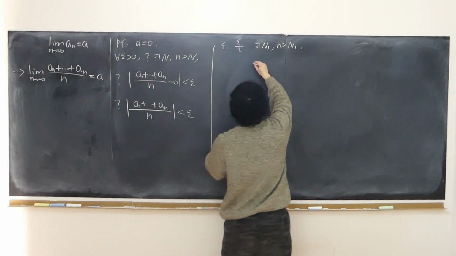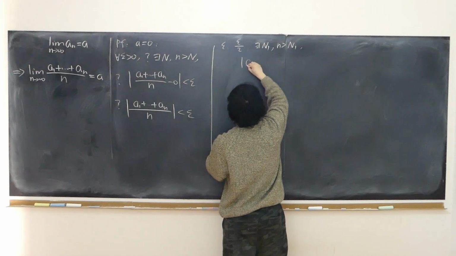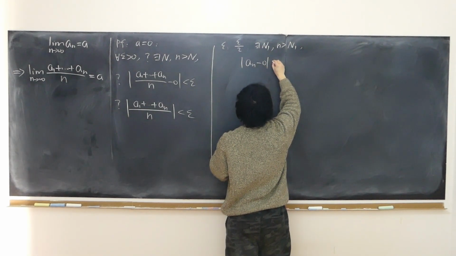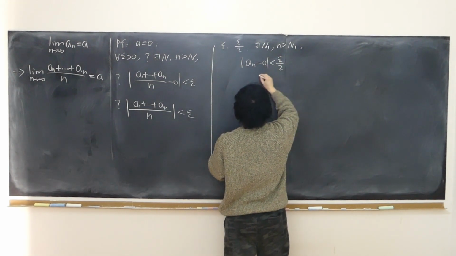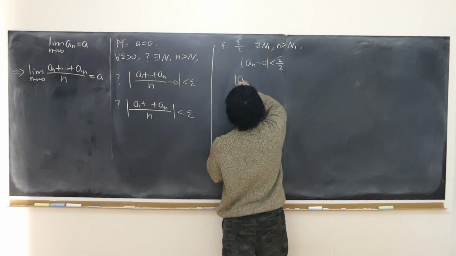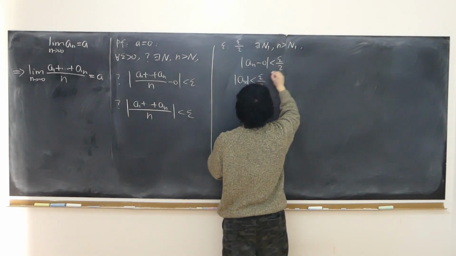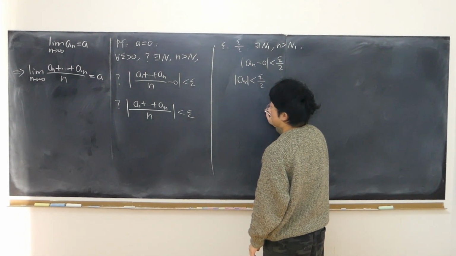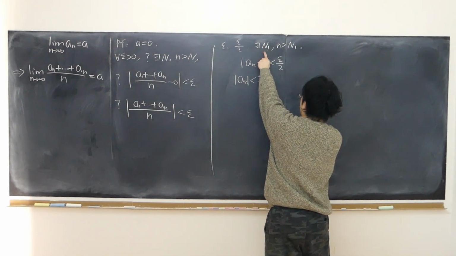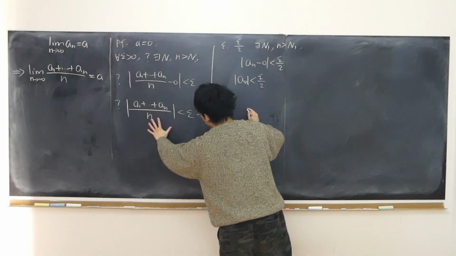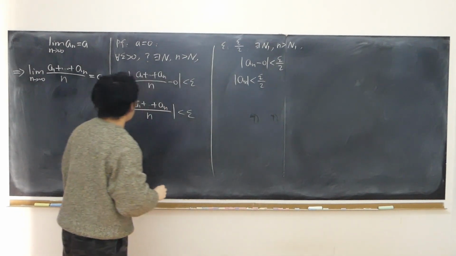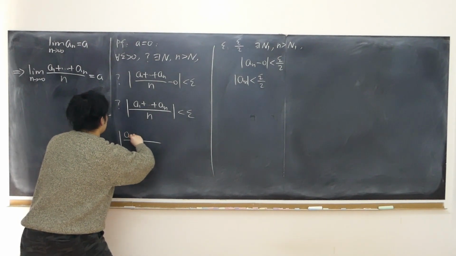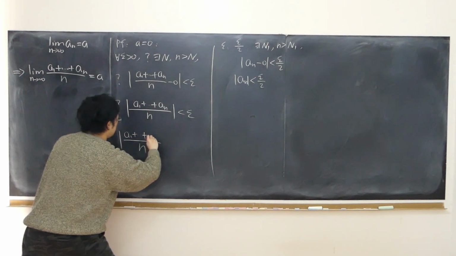In other words, the absolute value of An and 0 can be close enough, less than half epsilon. In other words, the absolute value of An can be smaller than half of epsilon, as long as little n is large enough. So using this capital N1, I can split this one into two different parts. First of all, using the triangle inequality,